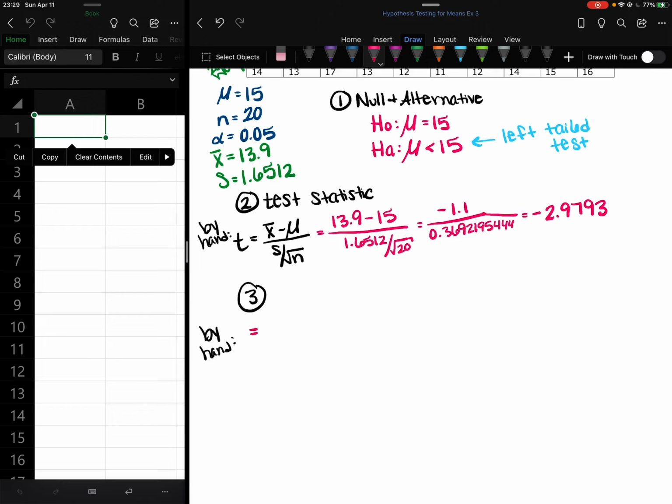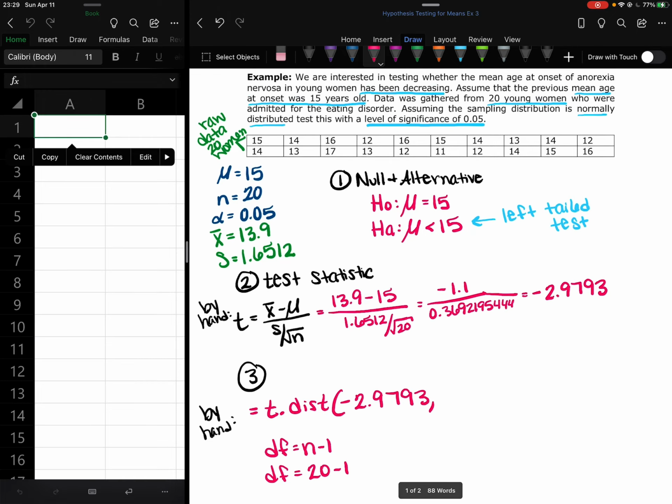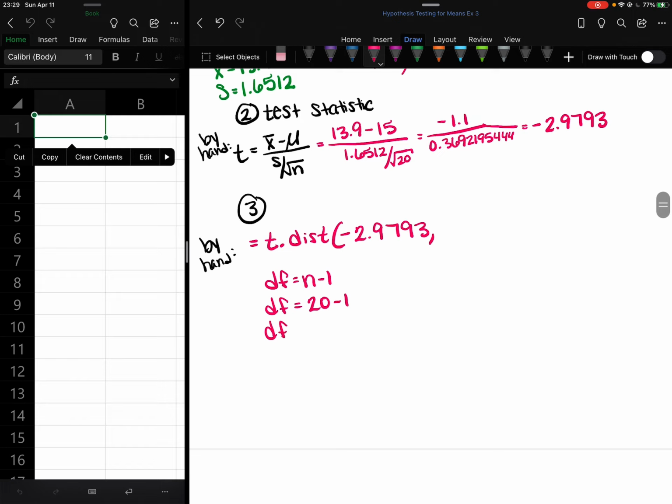So in my blank workbook, I'm going to do t.dist. I'm going to enter in the t-score, followed by my degrees of freedom, which remember is n minus 1. So our n is 20, which makes our degrees of freedom 19. And then this one, t.dist, when you're doing a left-tailed test, we do have to put true